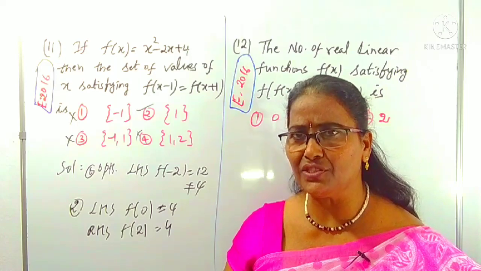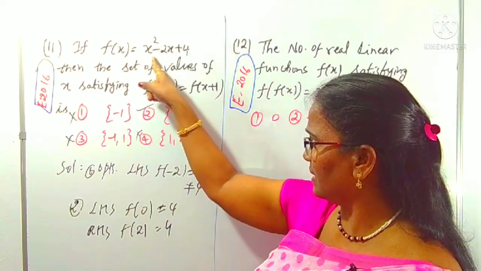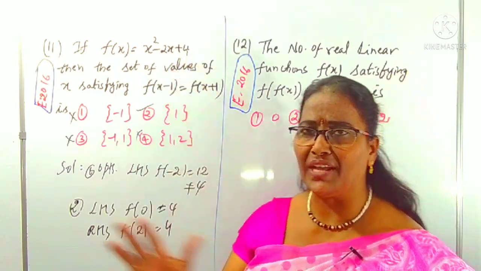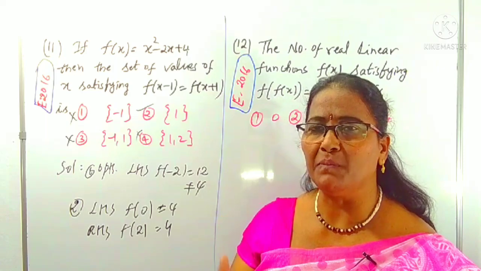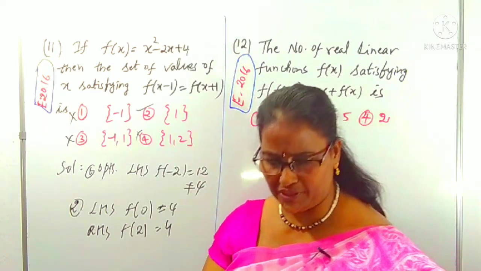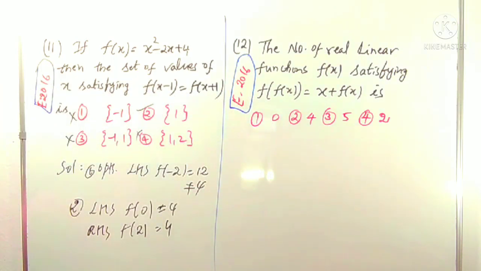If there is any confusion in option verification, take x minus 1 as the function on the left side and x plus 1 on the right side. You have to expand it. But in objective courses, most probably we should avoid the lengthy process, right? Is it clear? It is 100% the second option. Now, we can come to the next question.